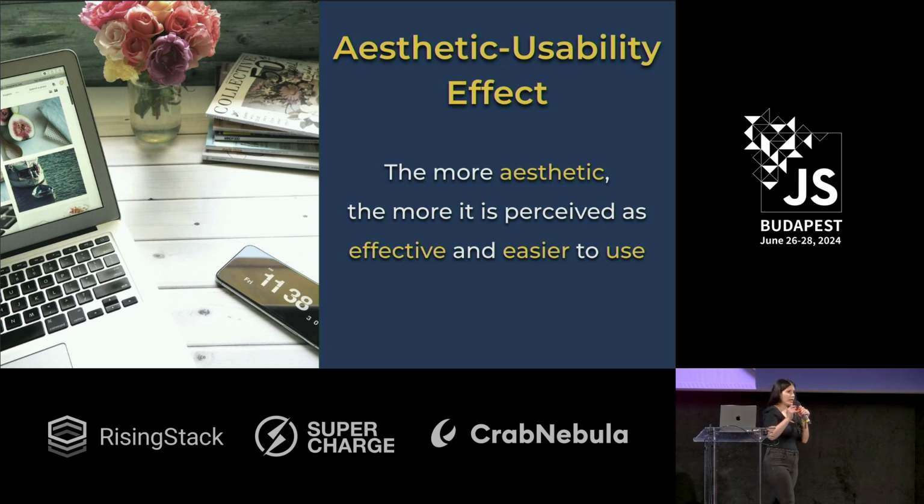We saw that if we group together related options and keep similar options with the same design, our brain automatically knows to group those things together and knows that they are related. It ends up in a much more aesthetic website, a much more aesthetic app. And there is an aesthetic usability effect, which is the tendency of people to perceive a good-looking, aesthetic website